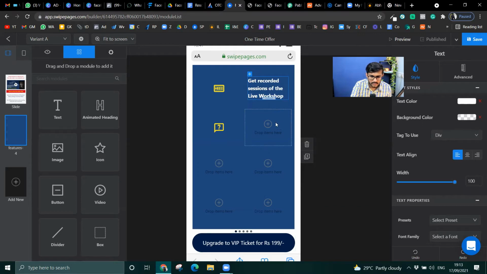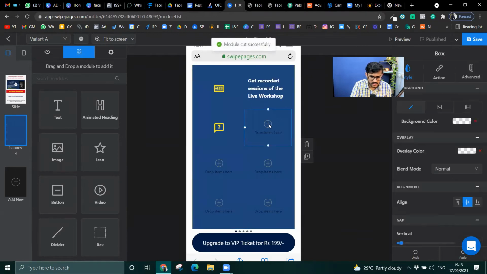This is a text box, and I want to give that text box here.